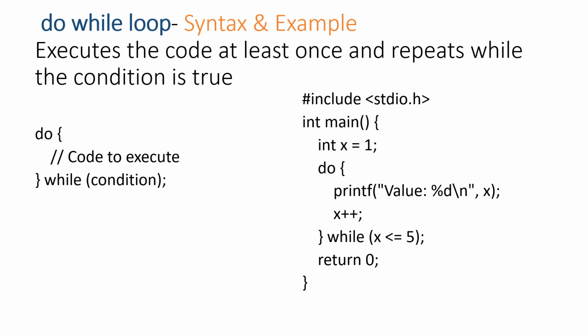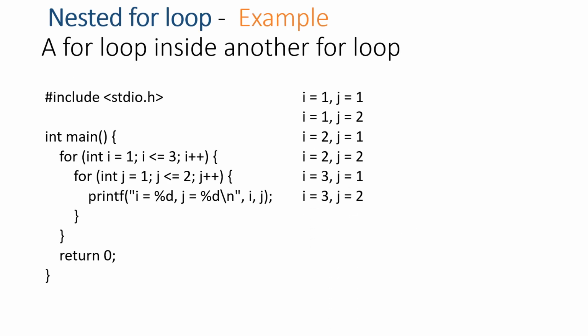Okay, and we do have nested for loops. Here we have used a for loop for the outer section, and here also we have used a for loop for the inner section. So this outer for loop will get executed 3 times, and the inner loop will get executed 2 times. In this case, the first time the outer loop value is 1 and the inner loop value is 1,